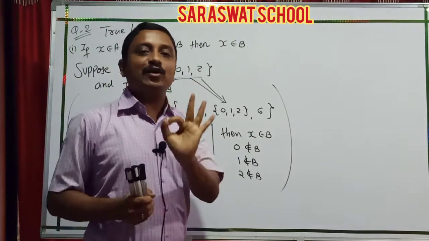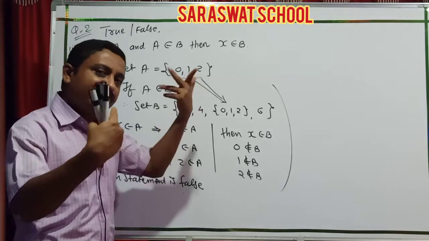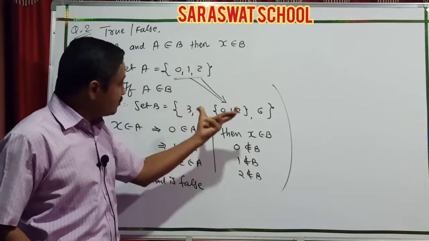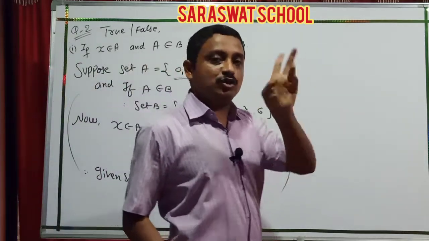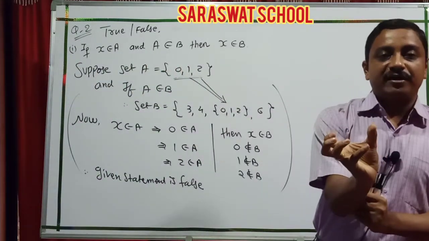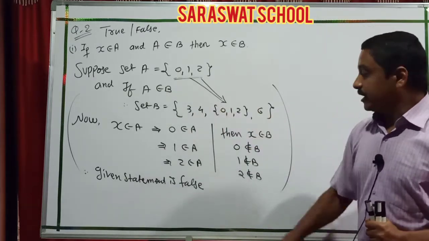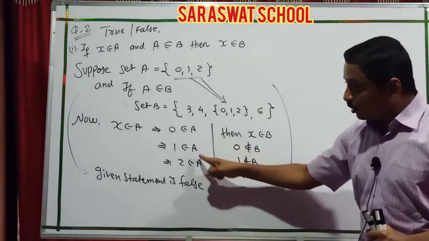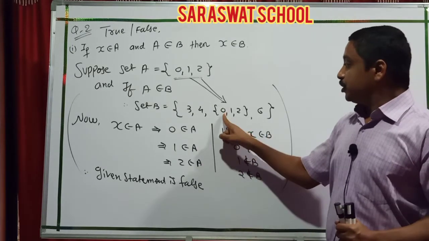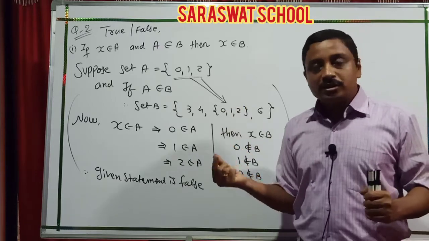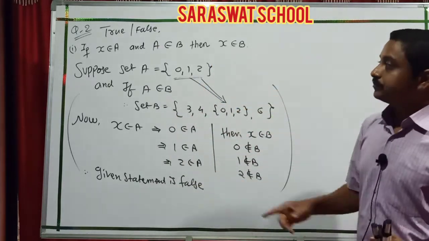Yes, I only gave it by supposition. Students, you can also suppose a different number, but this number must be present in B because you are saying A belongs to B. It means every element of A is a member of set B. And that's why this answer belongs to A, but it does not belong to B. So that's why this statement is false, and the reason is this.